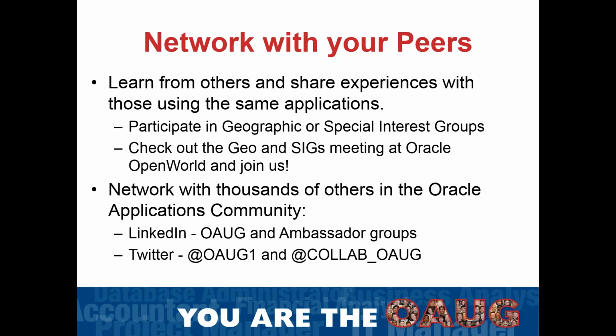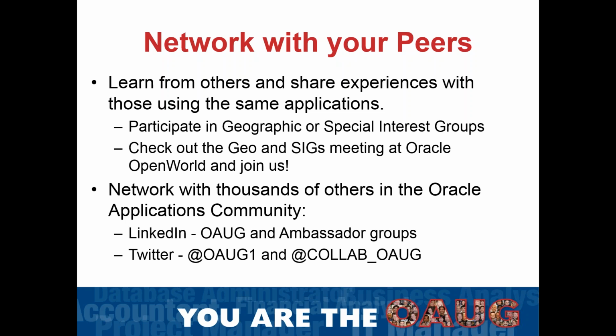So for more information on networking, let's talk about our geographic groups and our SIGs, which are special interest groups. As you probably know, there are numerous geographic groups all over the U.S., in Canada, and around the world. When we get to the OAUG website, I will show you where you can find all the information about these groups. Some of them in the U.S. are based in just one city, like the one in Atlanta, or there's some for a whole state, like Florida, and there are some that cover several states in a region. And so we'll show you information about that so that you can find the one that's closest to you.